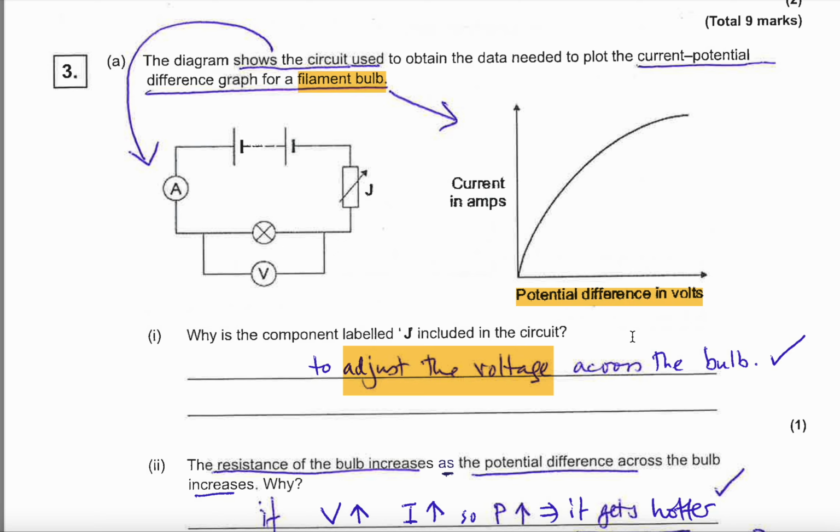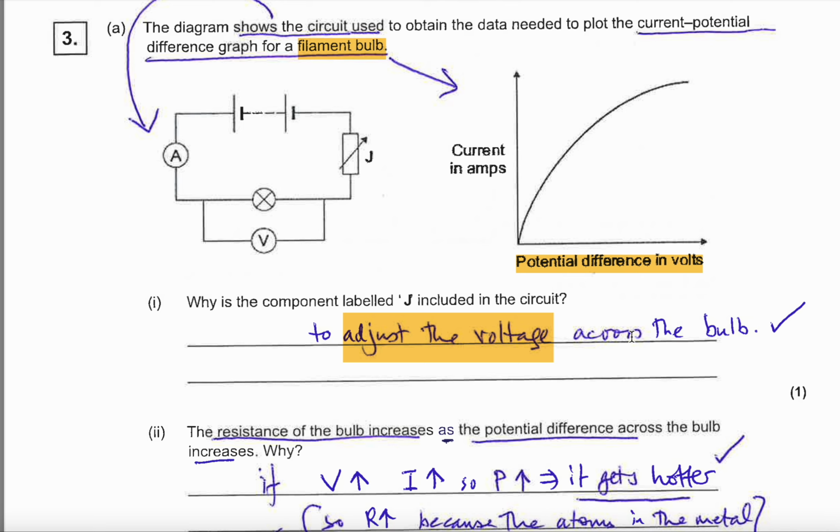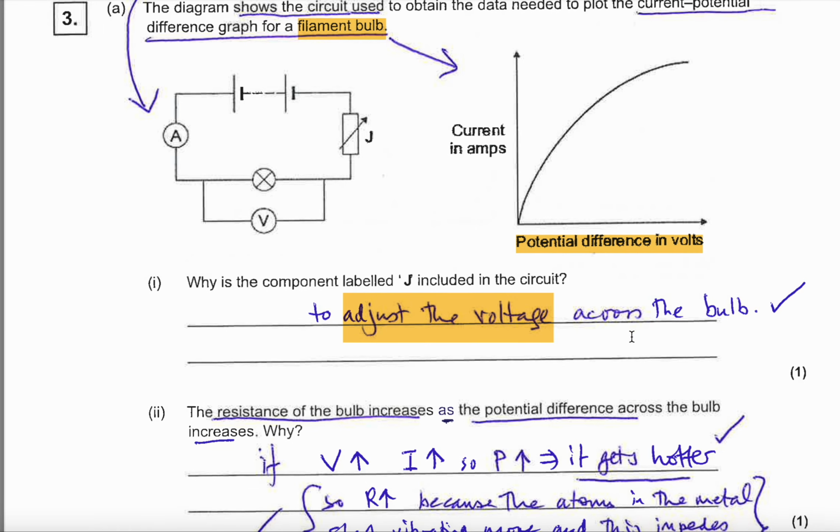Okay, so one of my students said to adjust the current, which is technically correct, but you should say it's to vary the voltage. Okay,